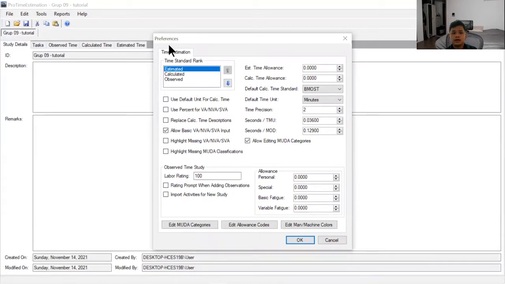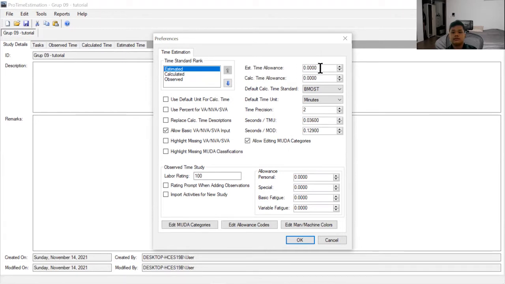This is the reference standard that we can use when we first open this ProTime estimation software, like the time started running, which consists of estimated, calculated, and observed. I would like to just estimate it, and as you can see,